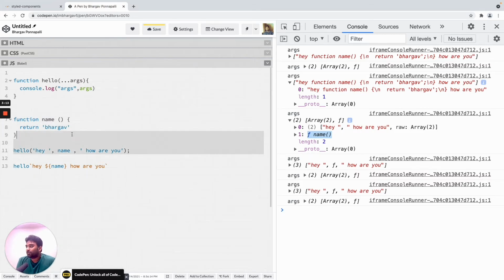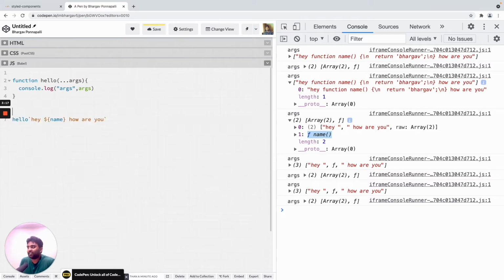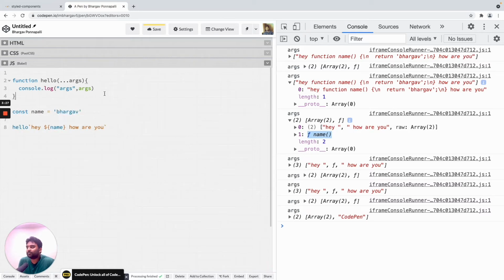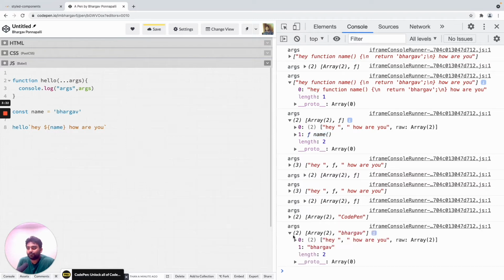So now let's tone this down. We'll get back to functions once again, but let's tone this down. So let's say I only have a name. Only have a string right now. So I have name, which is Bhargav, and now I have a unique scenario where I have my string sent, but this is out of place, right? It's completely out of place. So it's hey, how are you, and Bhargav is in a different place.